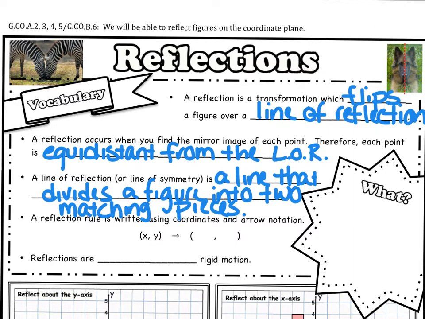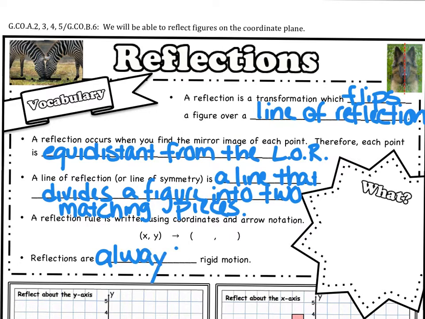Now, last bullet that we have here is to determine whether reflections are rigid motion, always, sometimes, or never. Now, thinking about what rigid motion is, we talked about rigid motion yesterday. Rigid motion is a transformation that keeps the two figures congruent. So if you think about flipping a figure over a line of reflection or creating a reflection, think about whether the size or the shape of the figure changes. And of course, the answer to that is no. The size and shape of the figure does not change. You are just flipping it over that line of reflection. Therefore, a reflection will always